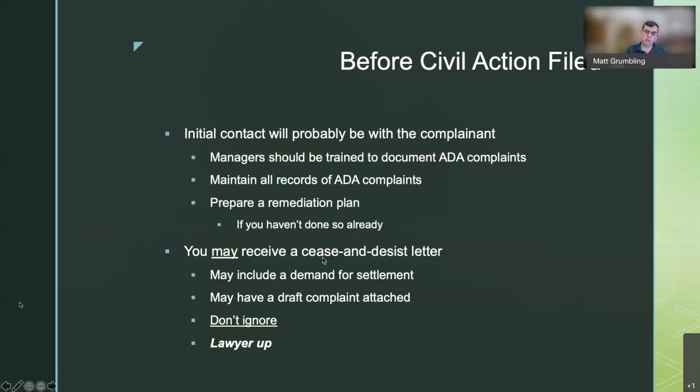If you respond yourself to the cease and desist letter, and I really can't emphasize this enough, if you respond yourself and you don't get your lawyer involved, it is possible that you could admit some things, or just innocent statements you think are innocent could be misconstrued as being admissions of guilt, and you don't want that on the record. So, again,